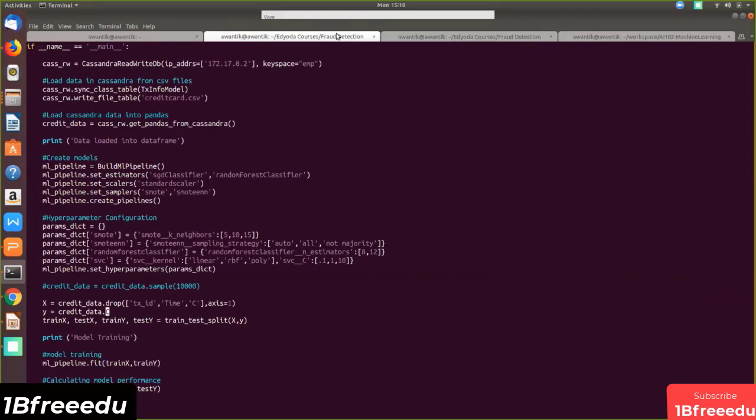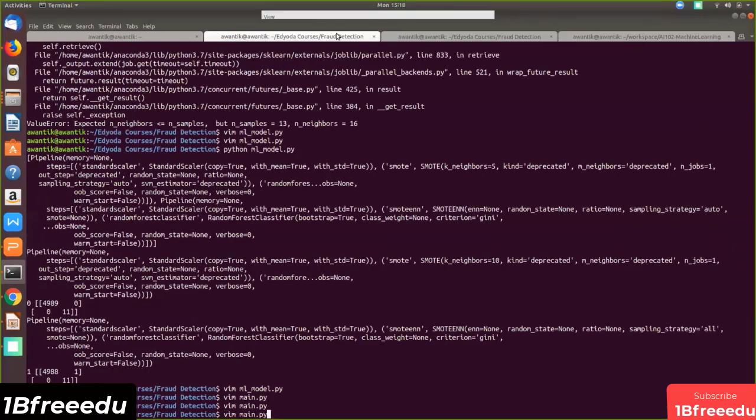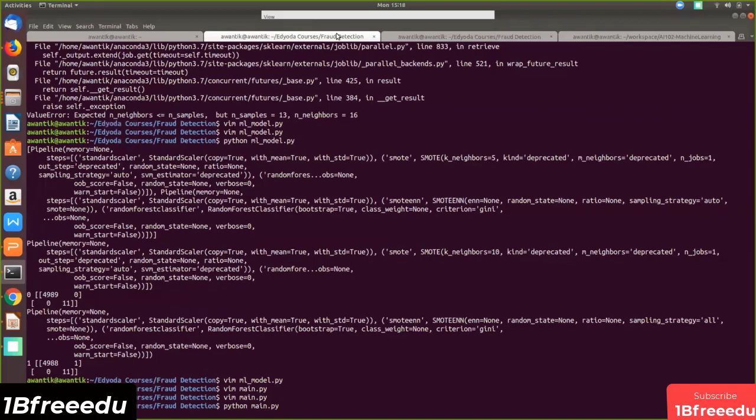So this is the column. Here you have transaction ID, which you're reading from the database, but you do not want it in training the model. That's why you have to skip this. Pretty much everything else is the same. So let's try running it and see if there are some errors. It will take time.